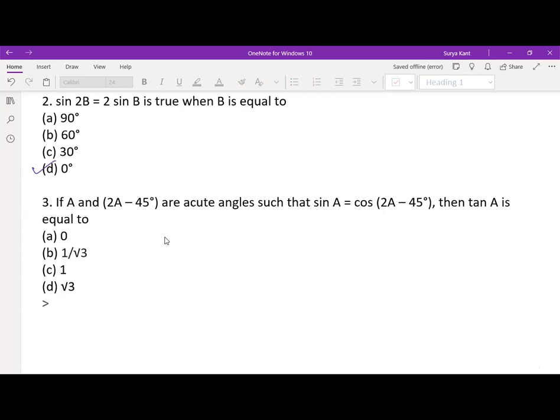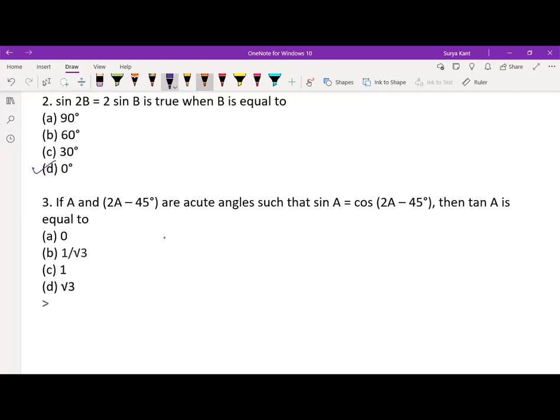How did you put the values, Praharshan? I got 1 by 2. Wait, I got 1. You got 1. Okay, Praharshan got 1. Anyone else? Sir, even I got 1. How did you solve? Sir, by putting the values. Which value? Sine A. Sir, it's getting 1. 1 is the answer. Tell me how you have done.